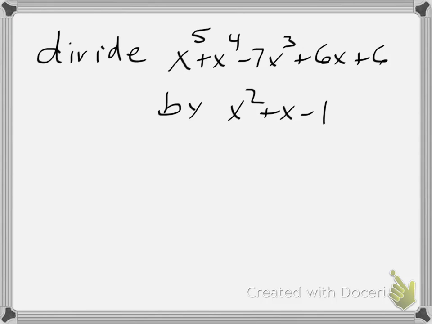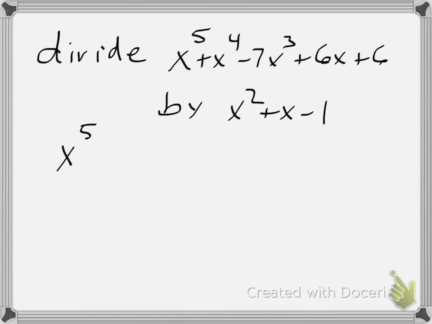Before I do that, I want to change my dividend so that I have all terms present, meaning that in descending order all my variables are accounted for. I have an x to the fifth, x to the fourth, x to the third, but no x squared. So when I do long division, I want to account for that by putting in a 0x squared. So what I'm actually going to be dividing is the